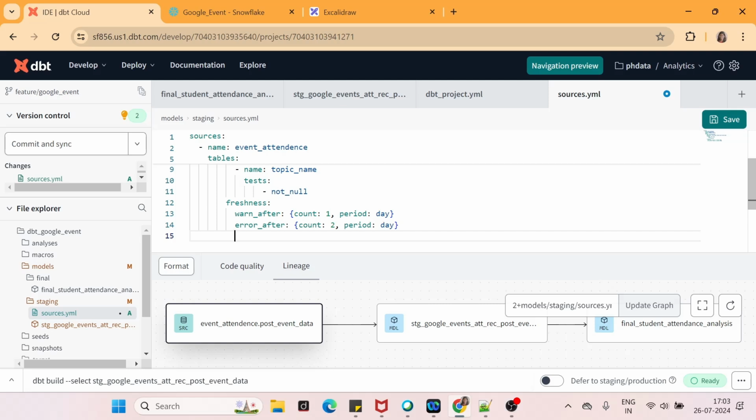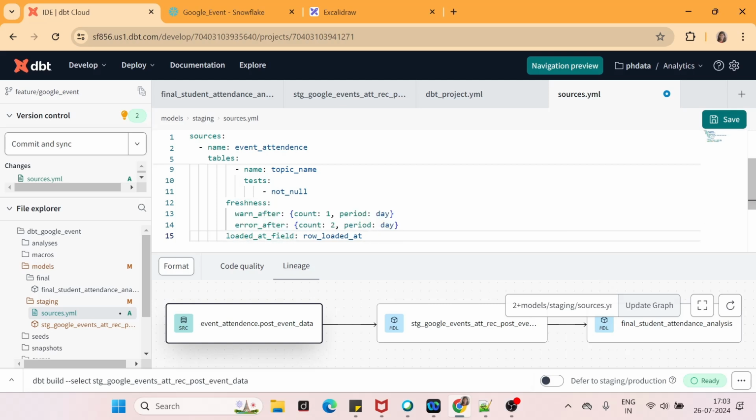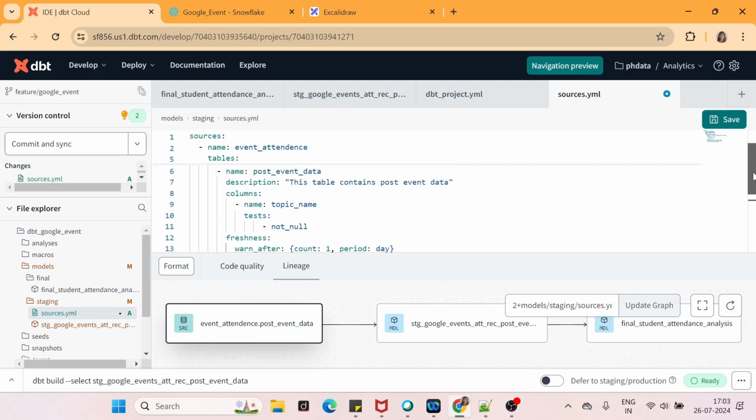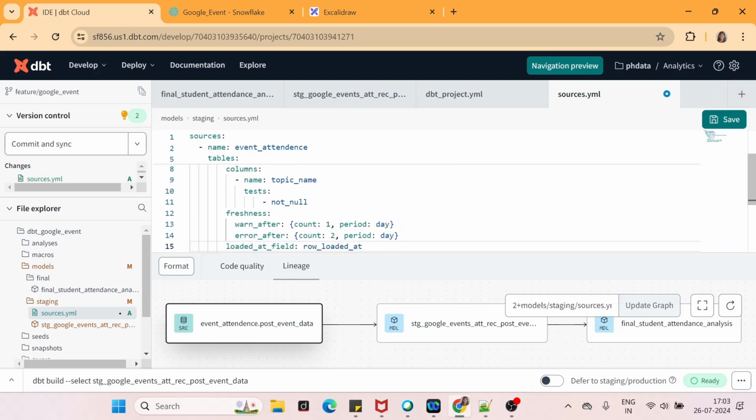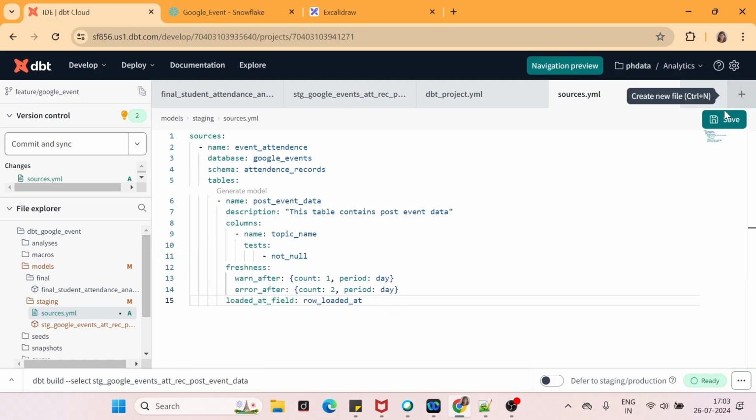So I will give the loaded at field, which is row loaded at. This block will come under here, which is the same indentation as my table name, as you can see. Now I will click on save. Now I have defined it.